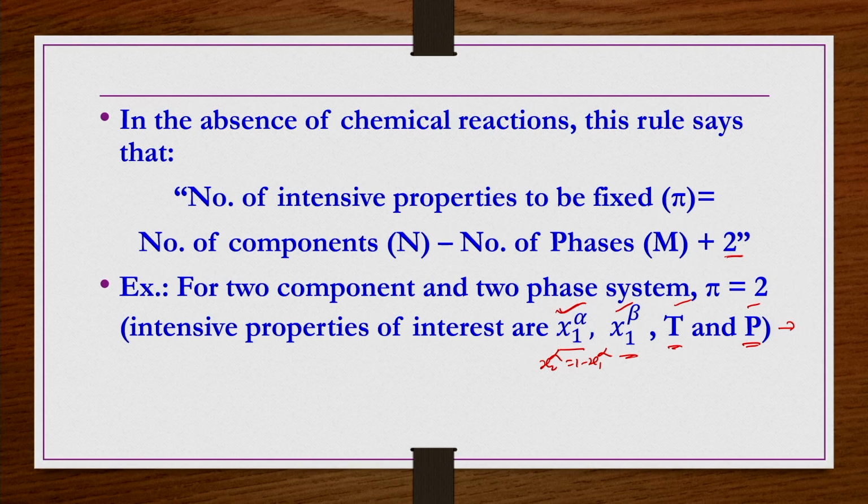So, pi is equal to 2. That means, out of these 4 intensive properties, that is x1 alpha, x1 beta, T and P, if you fix any 2, the remaining 2 you can find out without any difficulty using these